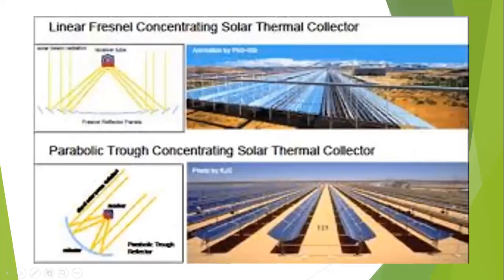See here, a lot of parabolic trough collectors we are seeing here. These are connected end to end. Every parabolic trough collector is connected end to end, and these are again formed into rows. These rows are connected in parallel. These are separate rows, first row, second row, third row, like that. In a large space, these are implanted.